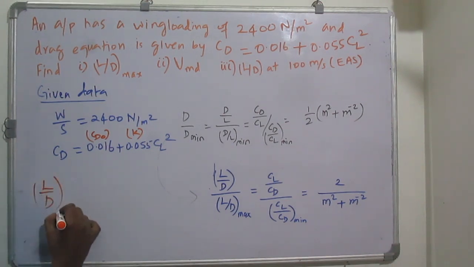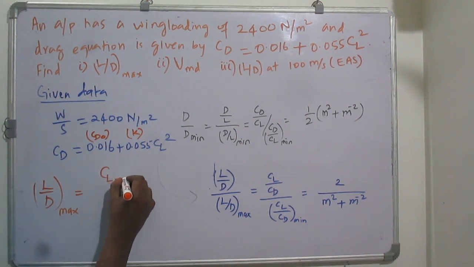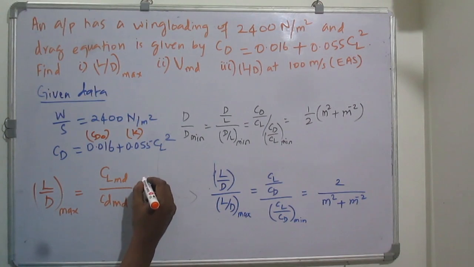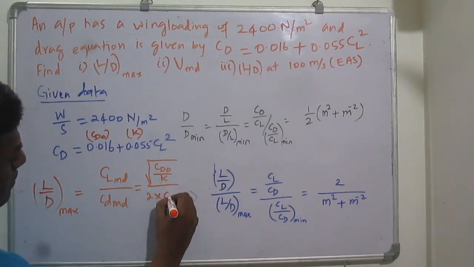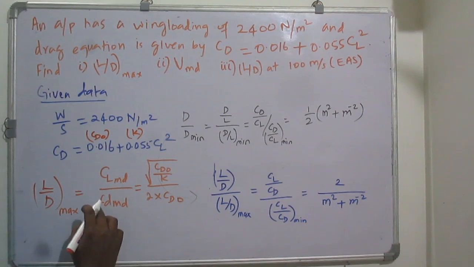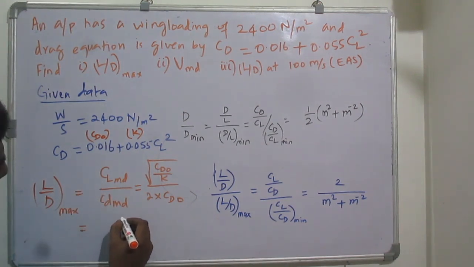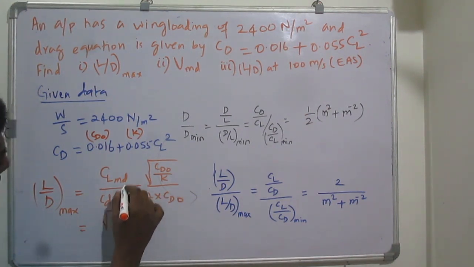So L by D max is nothing but we can use CL at minimum drag by CD at minimum drag. So this is nothing but square root of CD naught by K, divided by 2 CD naught. Because we know the CD naught and K, straight away we can substitute these values. So the square root of CD naught is nothing but